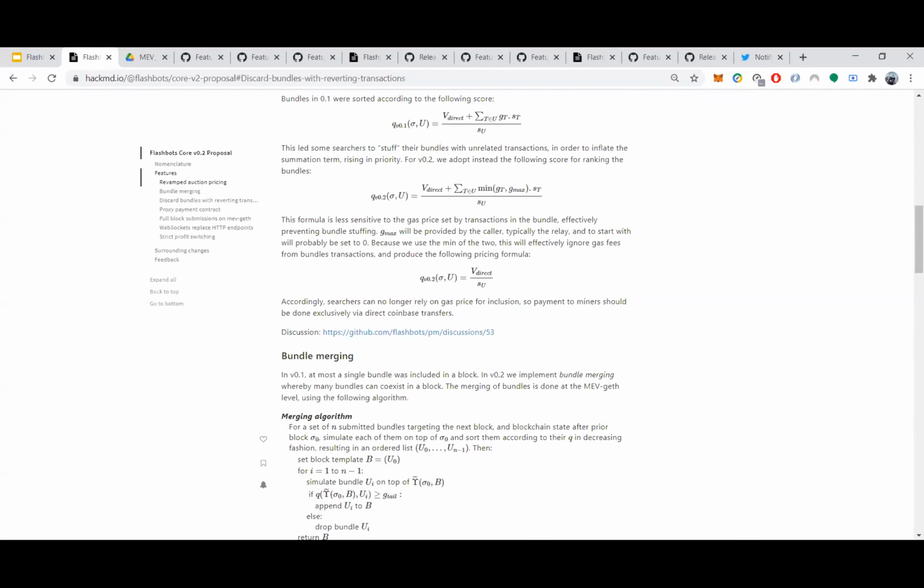We're aware of what the perfect system is, right? Which is to simulate a full block with each bundle and then compare the profitability of the full block. But our expectation is that that's too computationally expensive to be able to scale well on the MEV Geth nodes of the miners. So we're concerned that it just wouldn't be feasible for us to do that kind of comparison on the miner side.